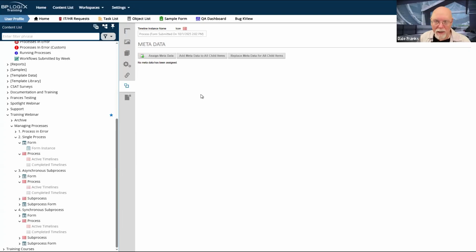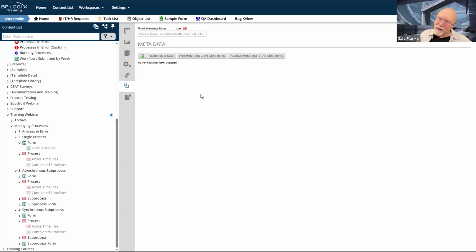Somebody picked the wrong metadata, because that's also possible, where you have a metadata category picker and an attribute picker. Someone puts in the wrong value and that messes up your whole system. You have to go in and manually fix that, and in most cases you would have to go into both the form and the process timeline instances, find that metadata and correct it.